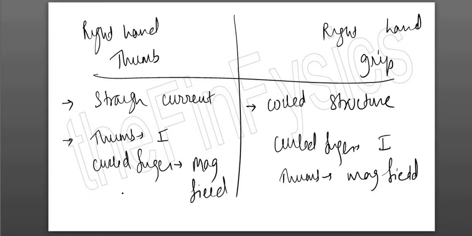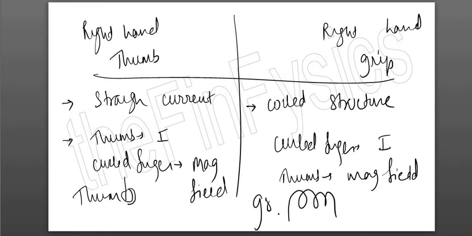Also, the pattern of field produced will obviously be circular, and the wire will be something like this. So how do I remember it? It is very similar to a B which is formed. Okay, so thumb, and over here we use a solenoid. So if you can see, grip. Very lame way, but still it helps me remember it. So this is the difference between right hand thumb rule and the right hand grip rule.